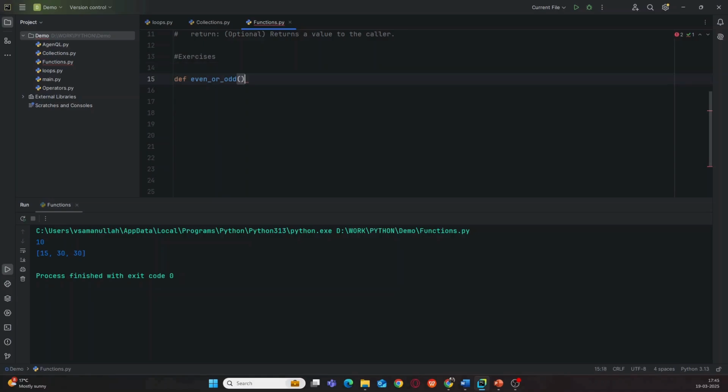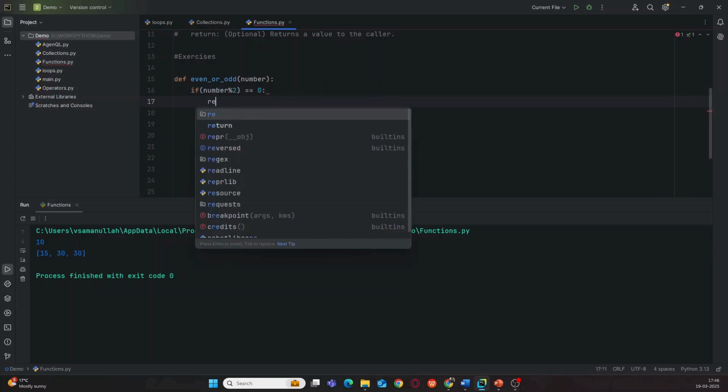It takes a number as a parameter, and the logic is, if any number is divisible by 2, then it is an even number, otherwise it is odd. If number divisible by 2 is equal to 0,